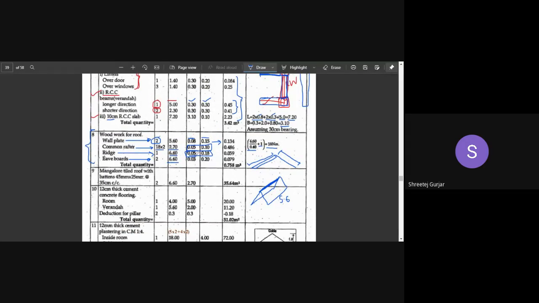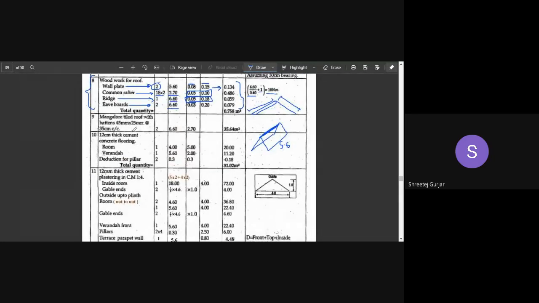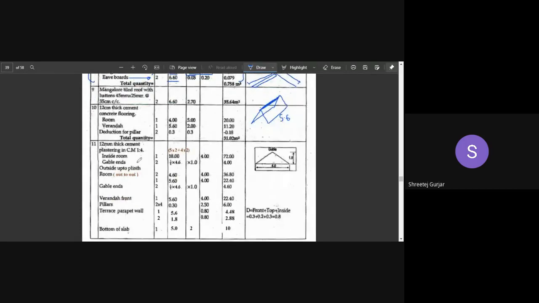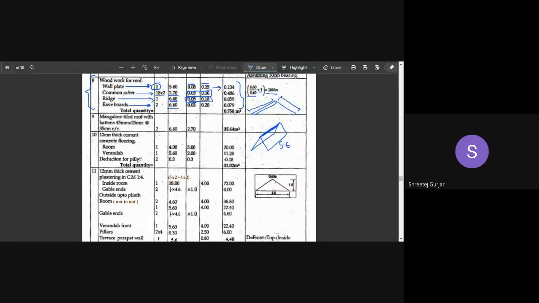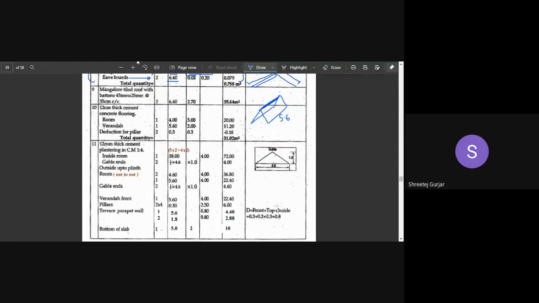Okay, so I hope all this calculation is clear. So with this, we will stop over here. So you can start typing in your attendance, and along with that, if there is any doubt, you are free to ask. We are left with a few more quantities which we will finish up in half an hour in the next class. Not much is left out.